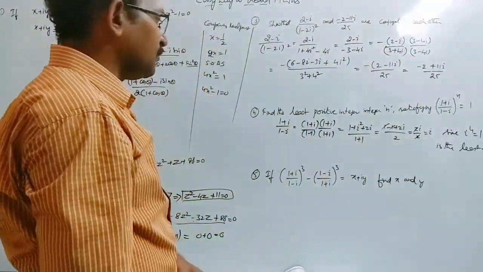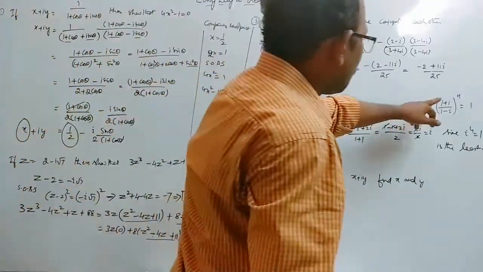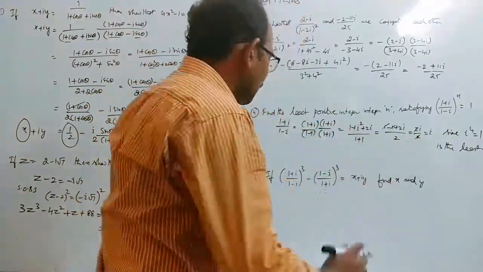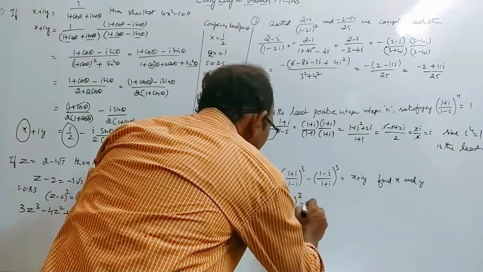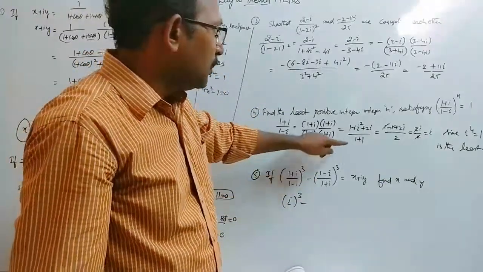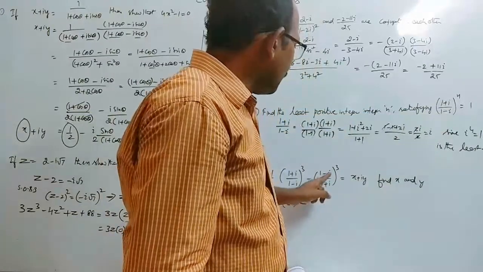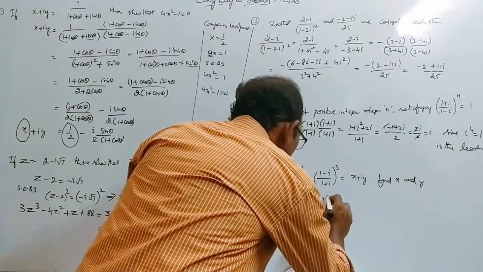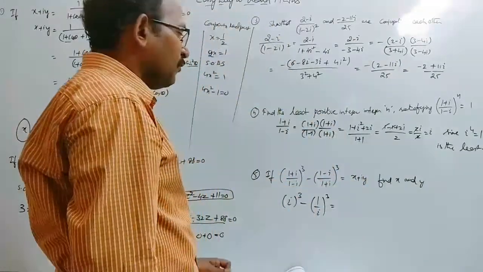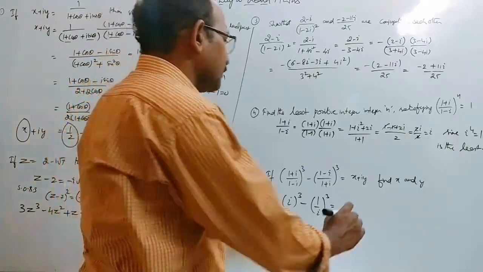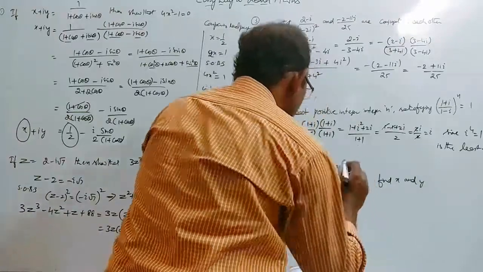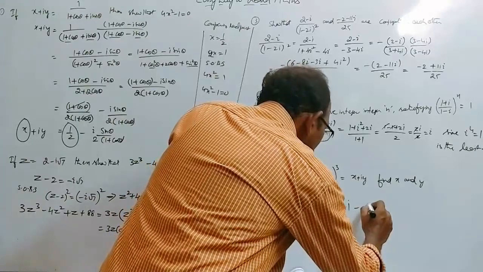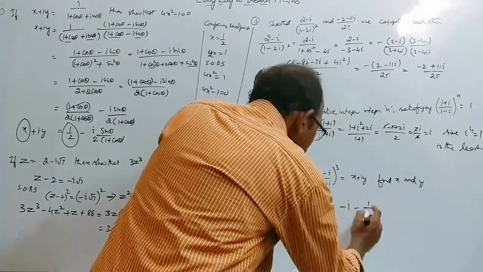Now let us simplify this one also. Here also same problem, (1 plus i) by (1 minus i). What we have derived, (1 plus i) by (1 minus i) is i. Therefore i cubed minus, it is reverse, (1 plus i) by (1 minus i), here it is given as (1 minus i) by (1 plus i). Therefore this value is 1 by i. Therefore (1 by i) whole cube. Therefore that is equal to, we know that i cubed value is minus 1. Therefore that is equal to, i cubed is minus i. Here minus of 1 by i cubed, here also i cubed is minus i.